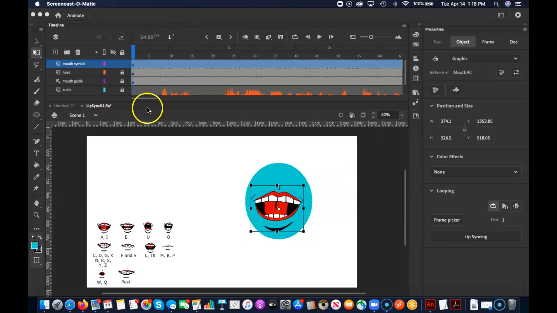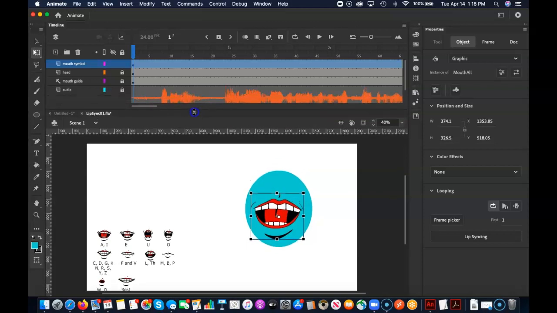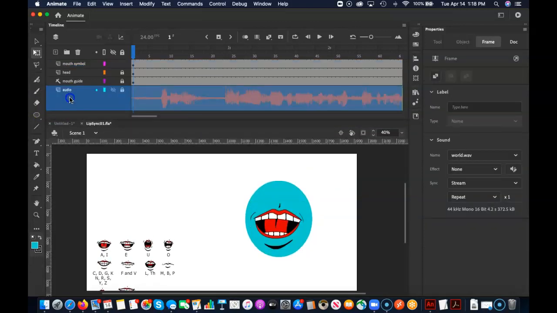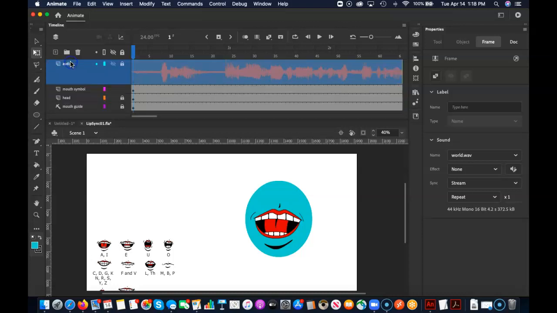All right, so I am going to spend a little bit more time manipulating my timeline. Typically I like to put my audio at the top, because I only really need the audio layer and the mouth symbol layer. The other layers I don't really need to see anymore because I'm really not going to move the head or anything. I just want to change the mouth when the audio